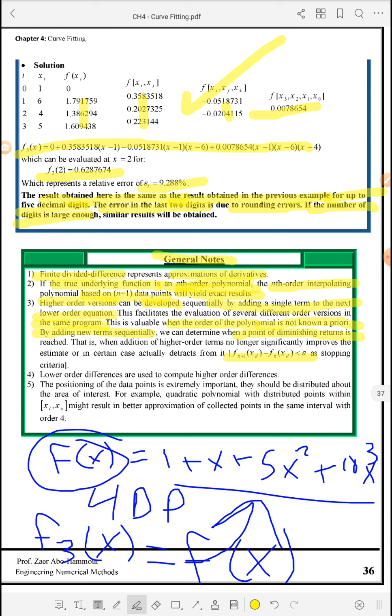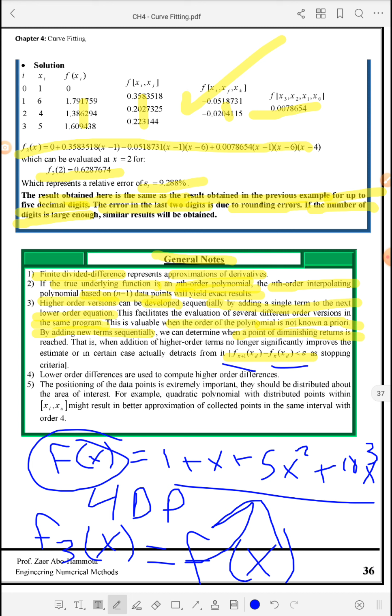Assume that we have a desired base point of xd. So we calculate the (n+1)th polynomial and substitute xd in it, and the lower one, fn of xd. So we have two polynomials: one is of order n plus 1 and one is of the nth order. In case we don't know the order of the polynomial, or of the function, in advance,